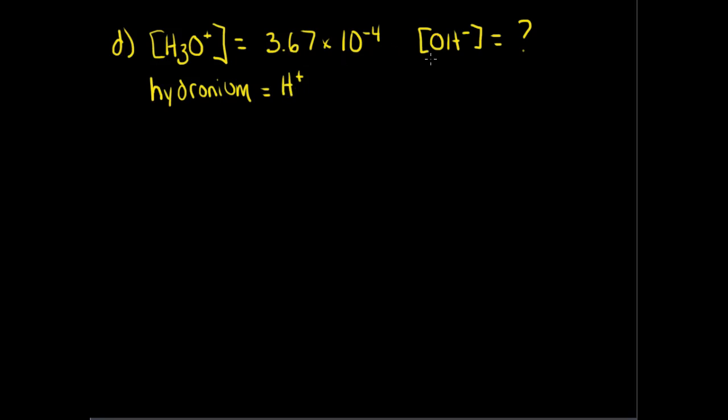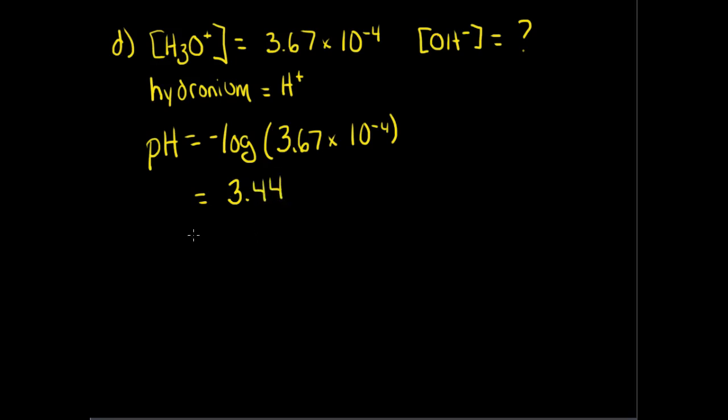I'm asked for my hydroxide ion concentration. Got a few steps to do. First thing, we've got hydrogen ion concentration. We need to find pH. So our pH equals the negative log of our hydrogen concentration. That's 3.67 times 10 to the minus 4th. Easy. Our pH then equals